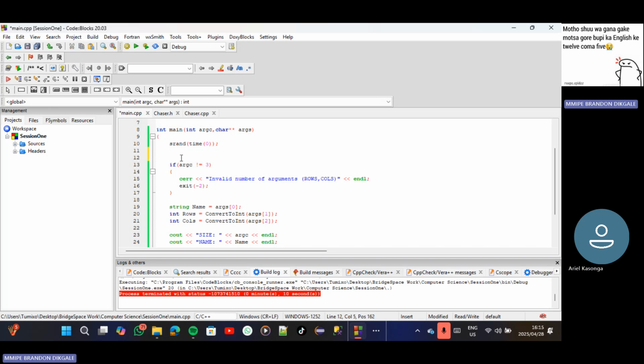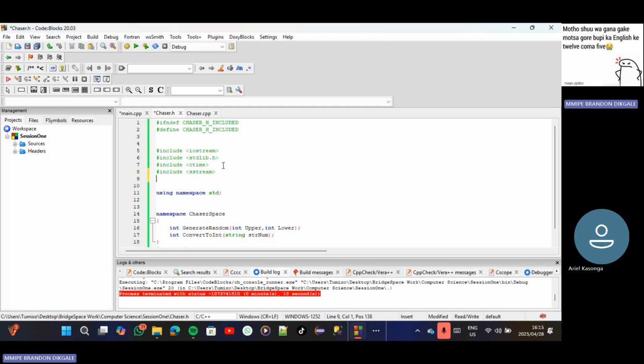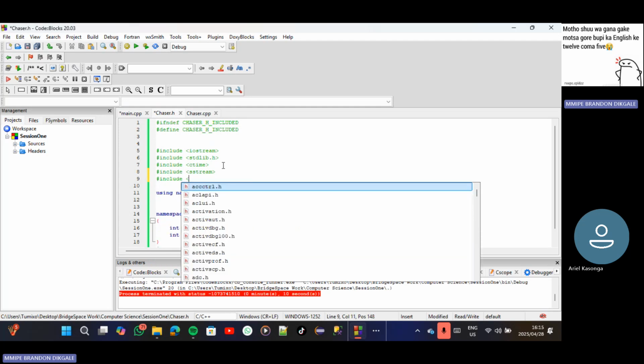So with assertion, you're actually giving the program a condition. You're saying, program, if this condition is true, run your program. But if this condition is false, don't run the program. In order to use assertion, we're going to include this library,